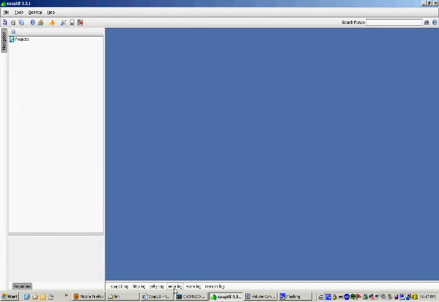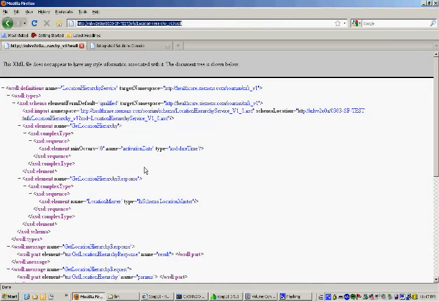Once you have SoapUI launched, all you need is the WSDL file URL to get started. WSDL stands for Web Services Description Language, and the URL for a WSDL file is typically provided by a developer. A WSDL is a contract between a service provider and a consumer. So in our case, while testing, we are the consumer, and we grab the WSDL file URL,